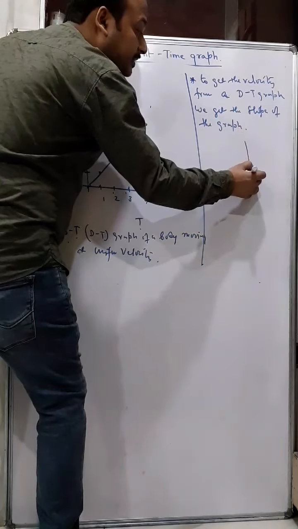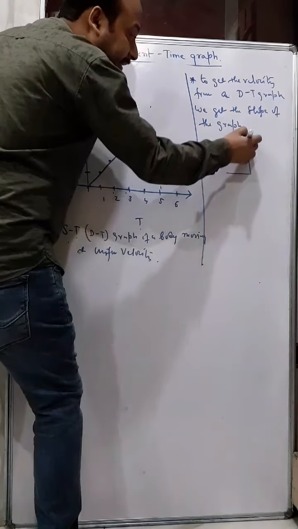Now suppose this is a right angle triangle, this hypotenuse is called the slope. And in mathematics, to calculate the slope, we get the ratio of the perpendicular by base. Slope means perpendicular divided by base of a triangle. Now here also, we have already seen that the body is moving with uniform velocity, so that means we can get the uniform velocity between any 2 points. The velocity will come same.